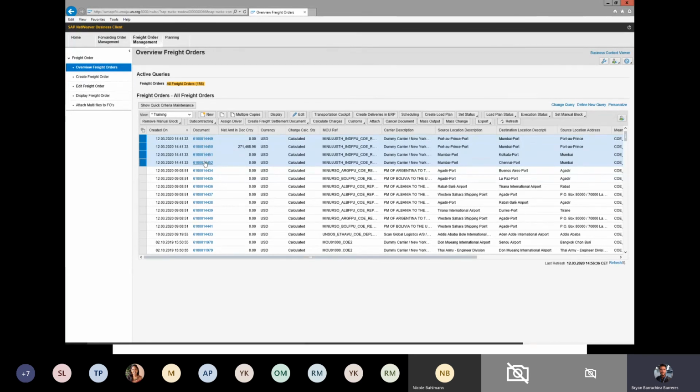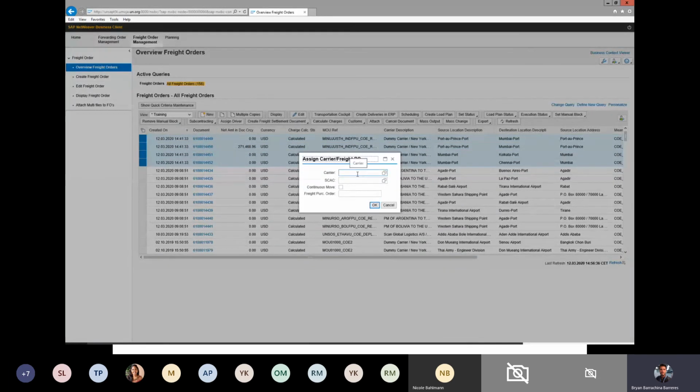So we select all these freight orders, and now what we do is we go to subcontracting, and here we select the option assign carrier and SRM Freight PO. Okay, we select that option. That loads a window that allows us to add the carrier directly from here. We could just write the number of the carrier if we know it, the same as the Freight PO number here. Or we can basically